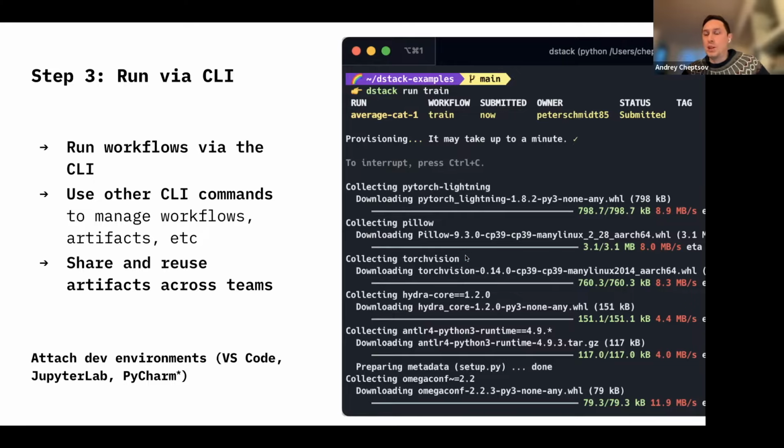For example, you can attach a VS Code IDE running within this workflow, or Jupyter Notebook running in this workflow. And when you run them, you see the link in the output logs, you click it, and then it opens this interactive environment. And you can use that as long as the workflow is running. So having said that,